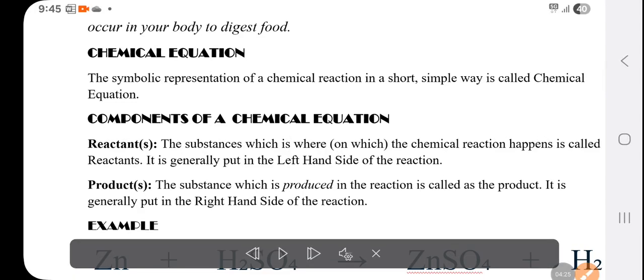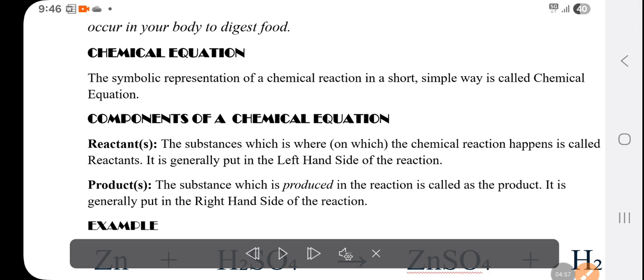Now let us know what is the chemical equation. Chemical equation. The symbolic representation of a chemical reaction in a short, simple way is called a chemical equation. So, a chemical equation is a symbolic representation of the chemical reaction in a short, simple way. So, if I am saying that